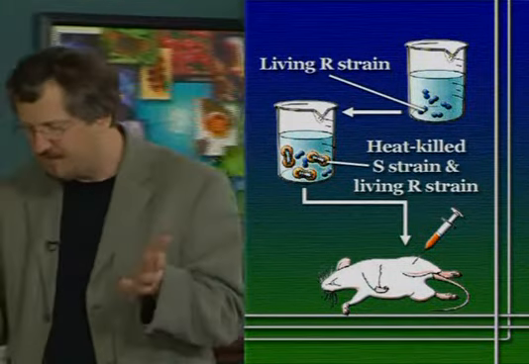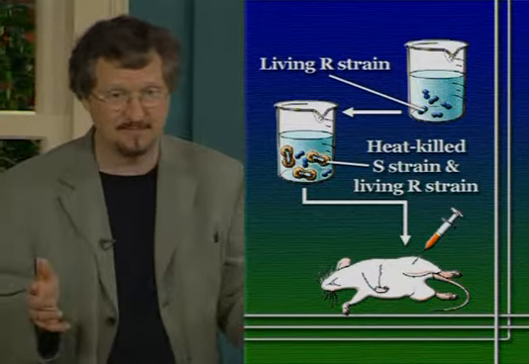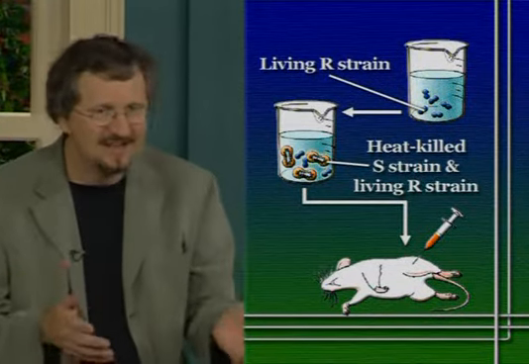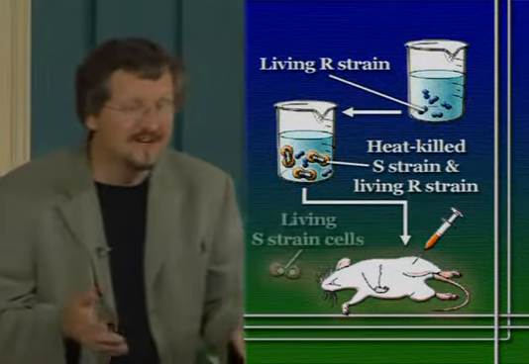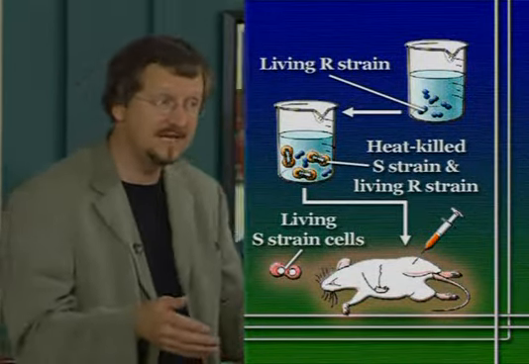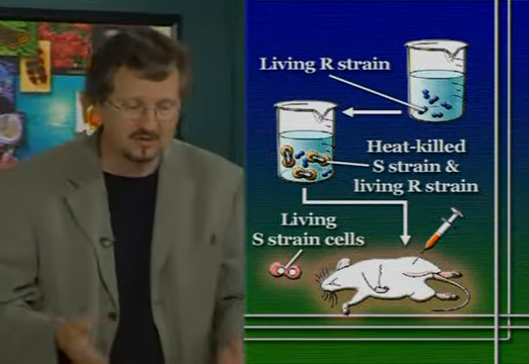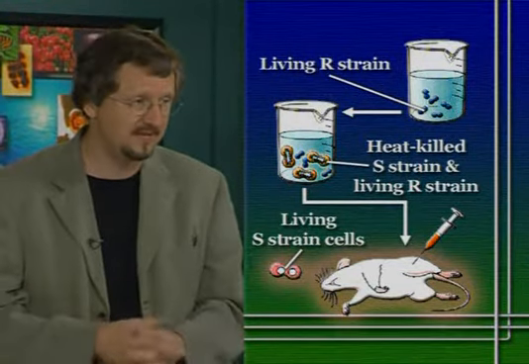What Griffith found out when he dissected the mouse was that inside the poor dead mouse were living S-strain bacteria. He injected dead S-strain, and when he took the mouse apart, he found living S-strain. What Griffith concluded from this work, and correctly, was that somehow the living R-strain bacteria had taken up something from the dead S-strain bacteria. They had incorporated part of the dead S-strain bacteria into them, and that somehow transformed the R-strain